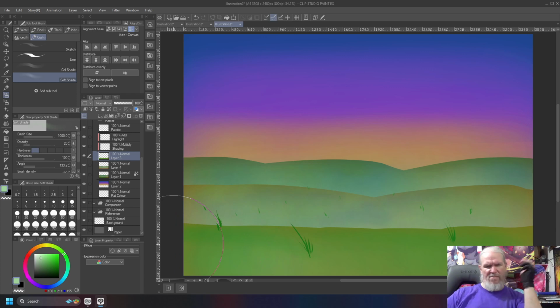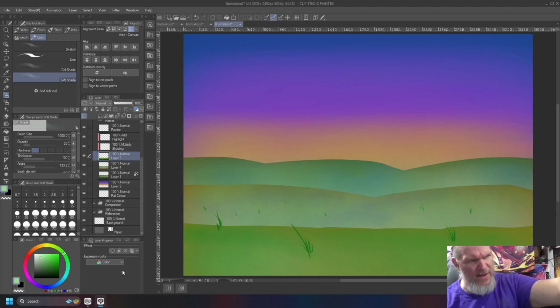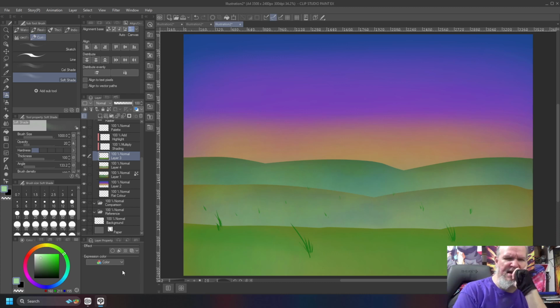I'm still not sure how I feel about this. I'm not sure that this looks good, but I feel like I am getting somewhere. Obviously you don't want to draw every single blade of grass. That's ridiculous. But making your way across this and just putting these little spatters of little bits of grass through there,